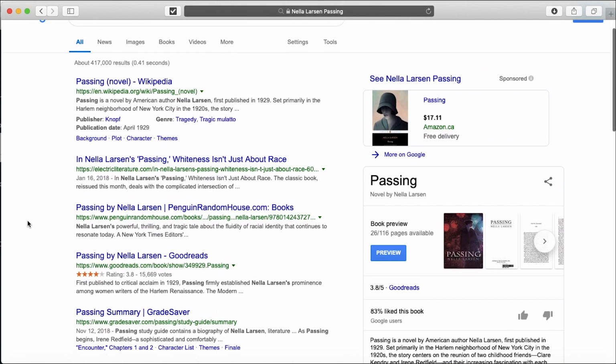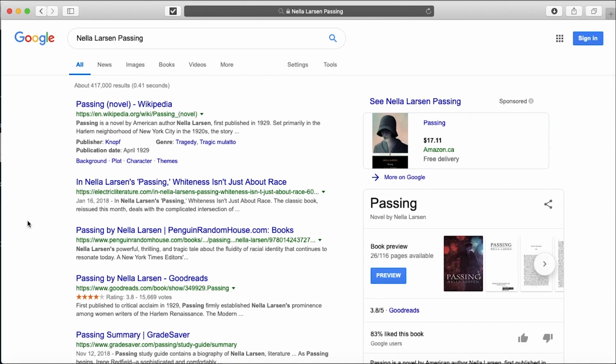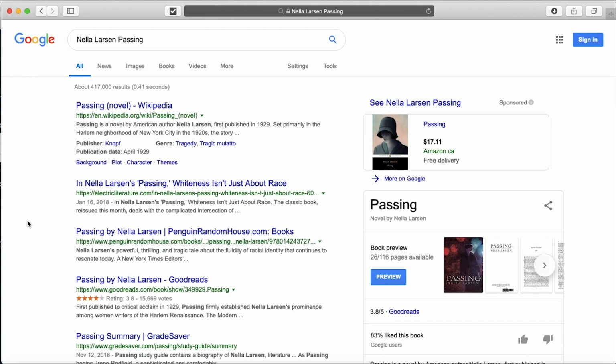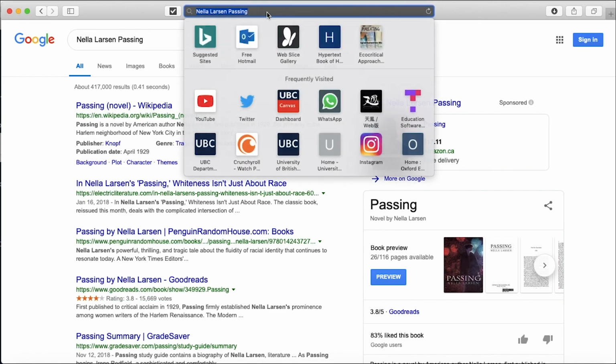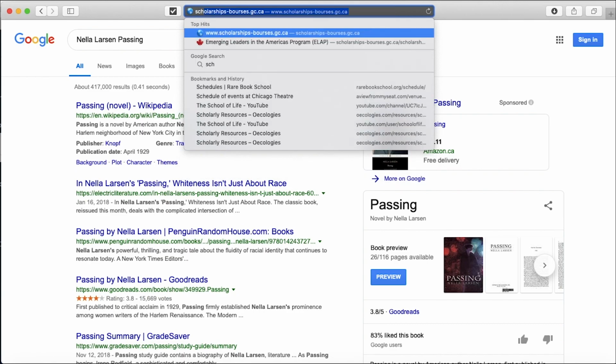But as you can see, not everything here is a scholarly source. So meaning that not everything here is something that has been peer-reviewed or reviewed by specialists in the area of American literature. So some of these may not be the best things that you may want to use for your paper. And even if you go to Google Scholar, so let's go to